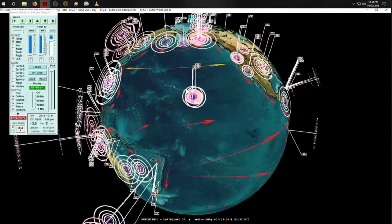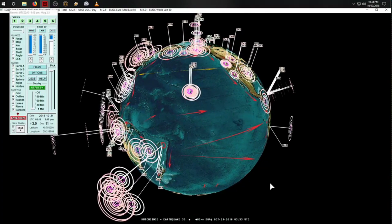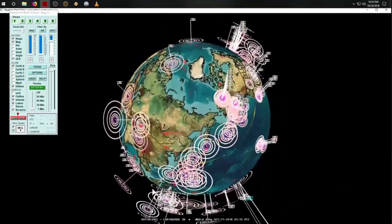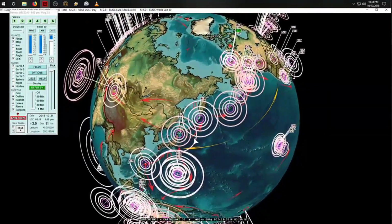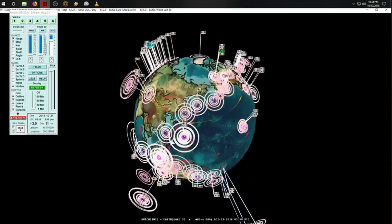Altogether, it's a spread of activity that we see that's pretty equal, right? So we got 5 on one side, 5 on the other. We've got a spread of equal distance-spaced 4s and 5s. Whether you want to say those 4.9s or 5s, it doesn't matter. It's an equal spread of the same-sized earthquakes, starting where our deep earthquakes are, and then going all the way